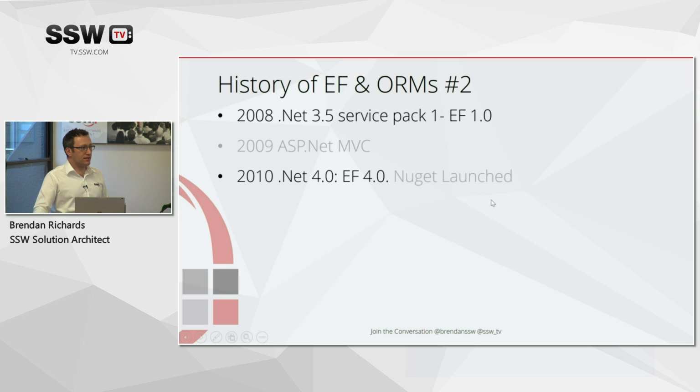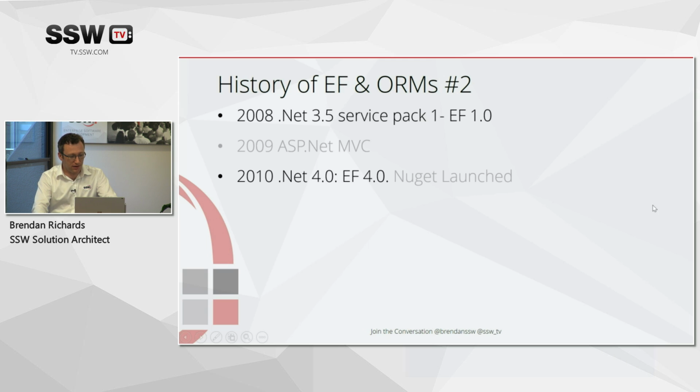And 2010, we've got quite a big update. We've got .NET 4, which introduces the whole async thing. Entity Framework 4, so we've seen some big versions coming out here. Entity Framework 4 is the second version to be released of Entity Framework, but they called it 4 to line up with .NET 4. So they're not using semantic versioning here, they're just matching up by product name.